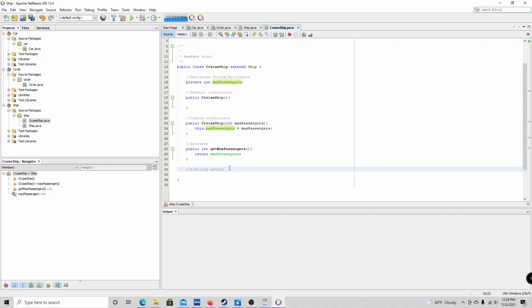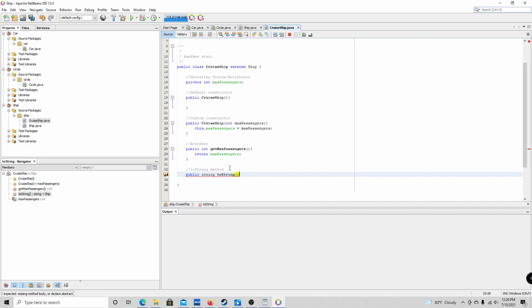You're going to still type public String toString. It's the same thing, same signature, right? A method with the same signature but a different body is called a method override. So it's pretty much the same name, same signature of a method, but different things inside. Not different things it has to do, different body inside. So for this one, we're going to return